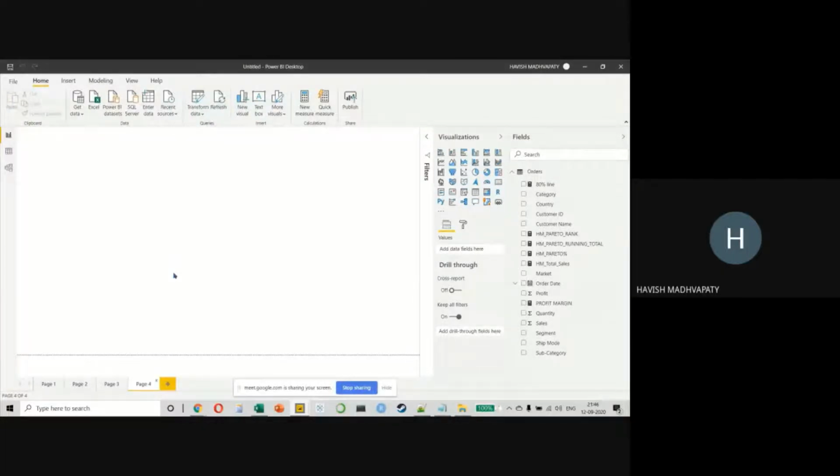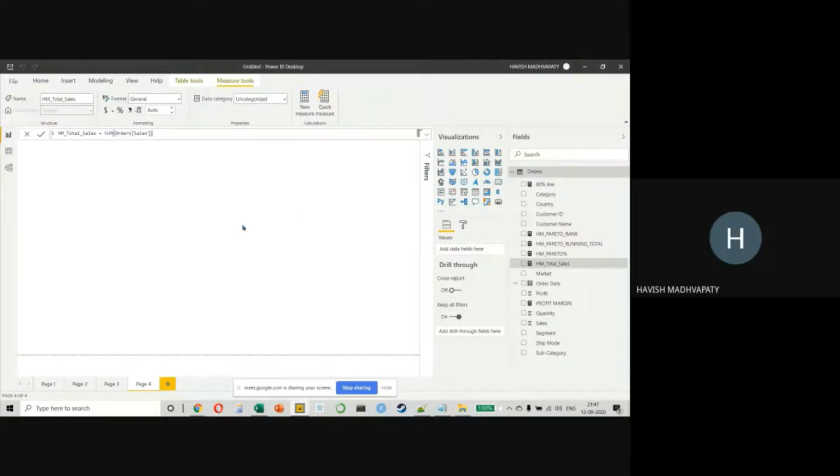We want to create a line chart with seasonality in it, right? Now, there's a bit of a problem. I have an option called New Quick Measures. This is where Microsoft is very smart. Microsoft understands that a lot of beginners might not feel comfortable writing DAX queries. As you can see, they're not really very simple. It takes quite a lot of relearning. So Microsoft has combined some very commonly used functions.